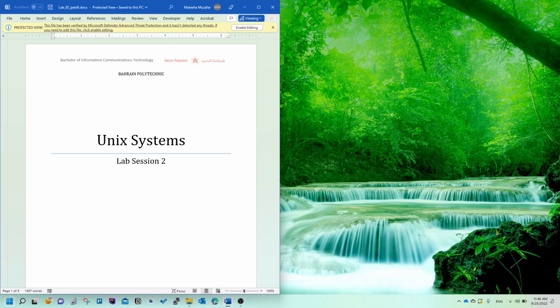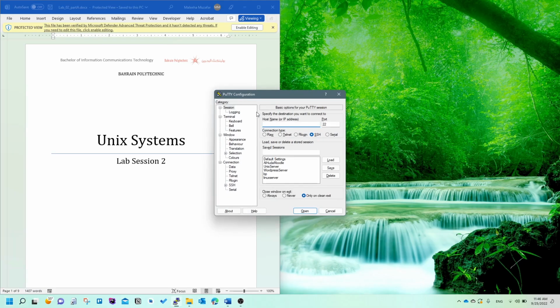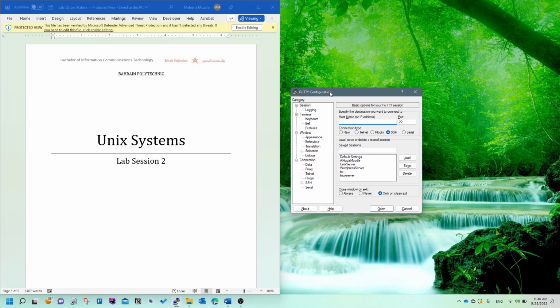So the first thing we need to do is we should have PuTTY open. And here you will use the host name as either student1 or student2, depending on whichever server your tutor told you to use. So for me, my account is created on student1. If your account is created on student2, you can use student2. So student1.vptest.cloud,